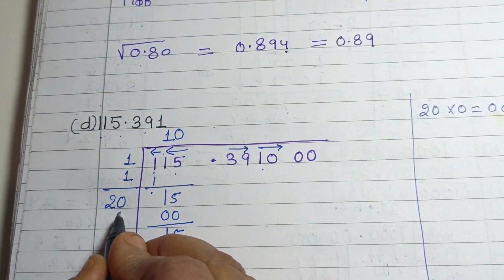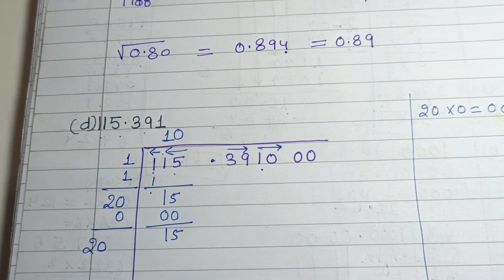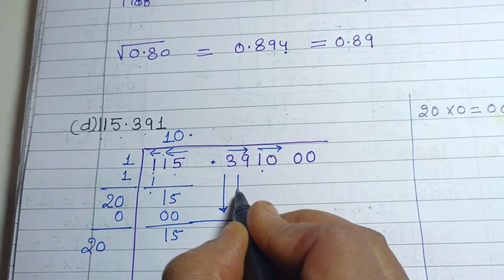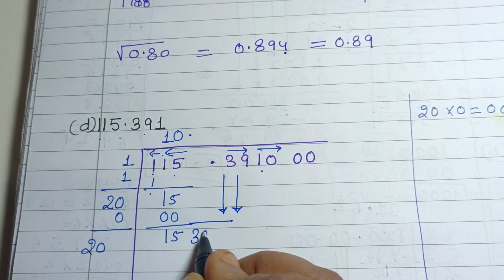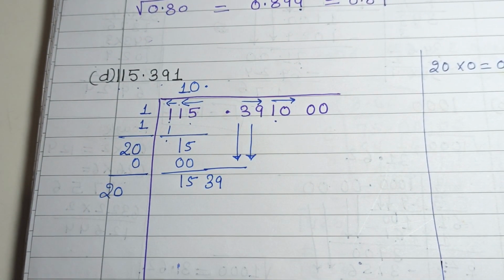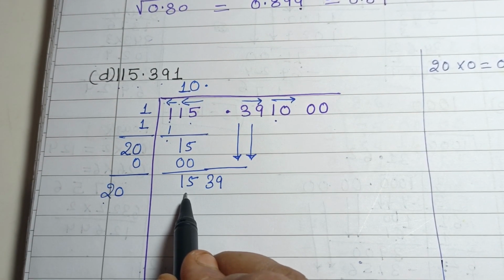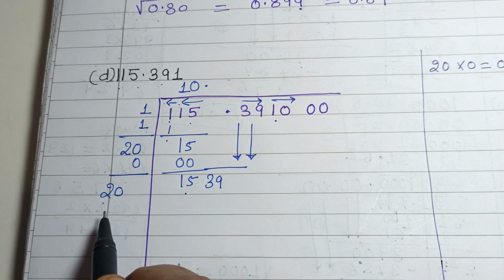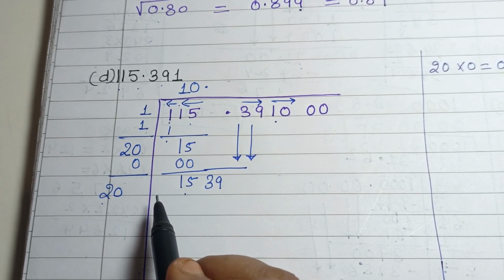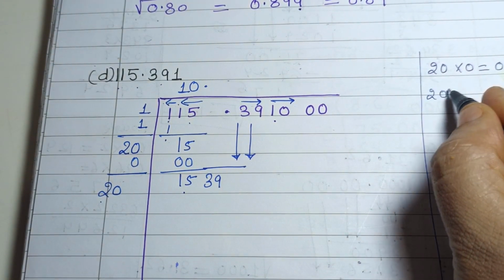15. Now 0 will be added in the divisor section. What will it come? 20. Now put the decimal and copy down the next pair, that is 39, right? Now in front of 20 you need to put any digit. See, higher place is 2 here in the divisor, higher place in the dividend is 15. So if we multiply 2 by 7, we get 14, nearby 15. So try with 7 at first.